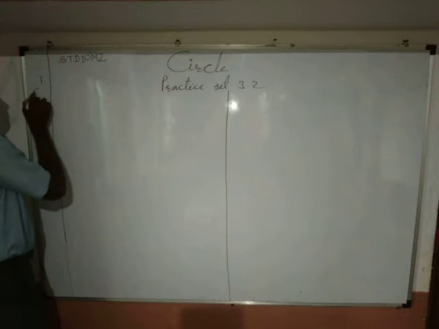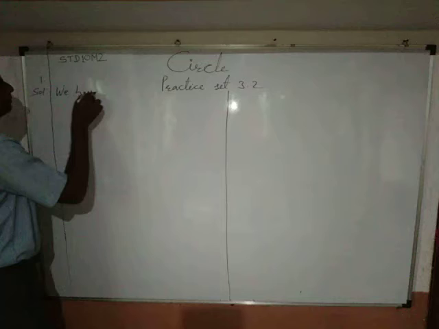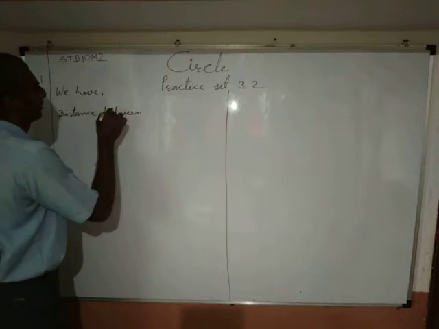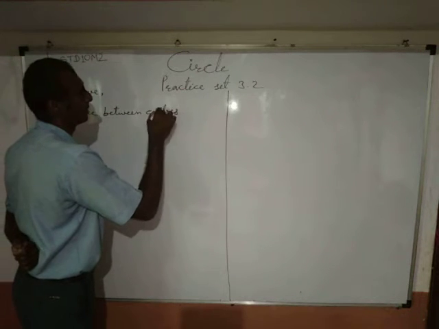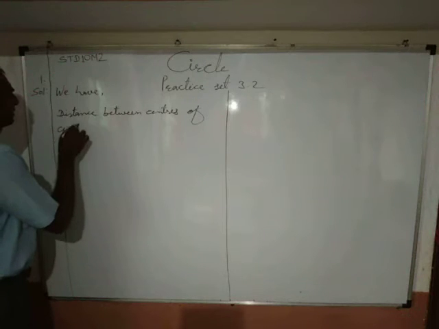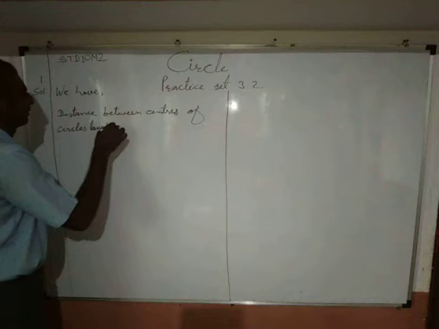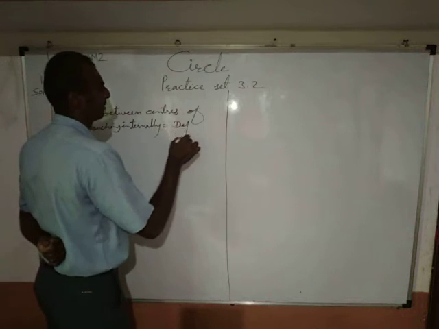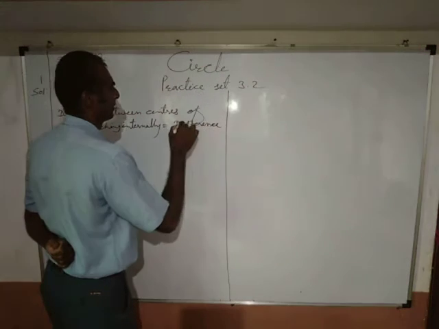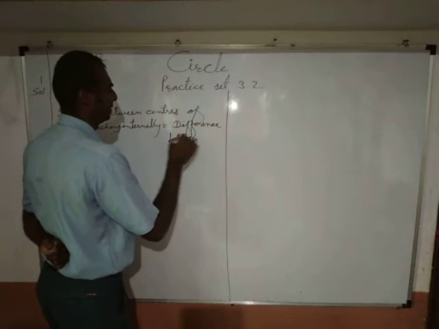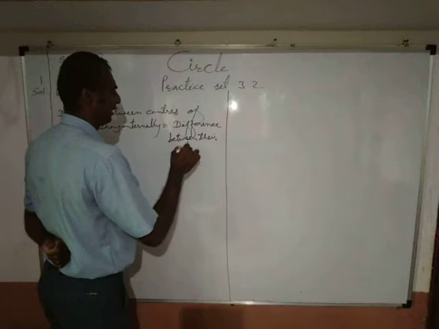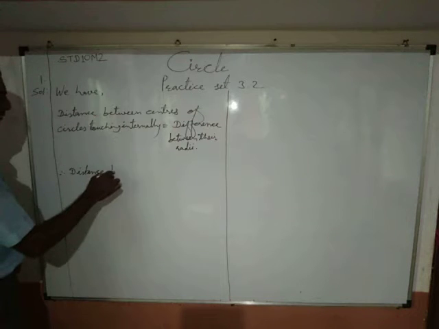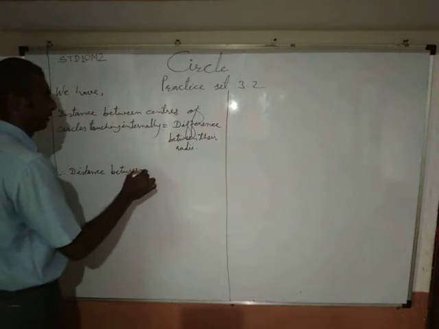Question first. Solution. We have the distance between centers of circles touching internally is equal to the difference between their radii, and therefore the distance between their centers